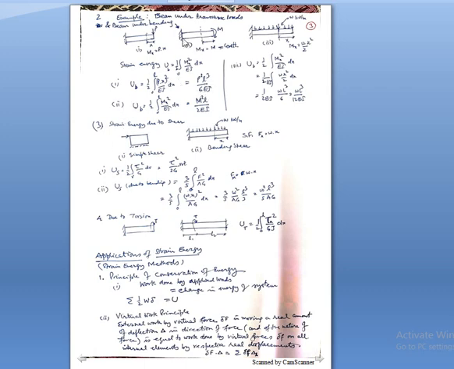Similarly, in the second case, at any distance x, M is constant. So Mx is not variable, and all these things can be taken outside. Your answer will be M square L over 2EI. Mx is nothing but M, so the integral of dx is replaced by L only. Your one-line answer is this, very simple. And similarly you can go for this. Here in this case, at any section x, your moment will be equal to W x square by 2. If you substitute this value, your answer will be there. You can check these things.